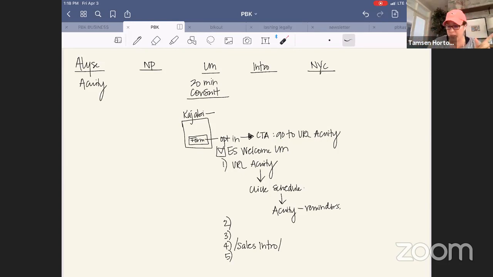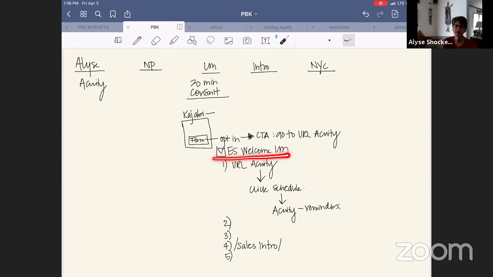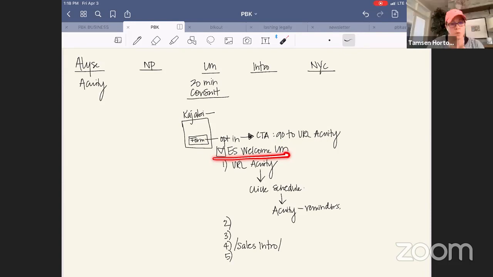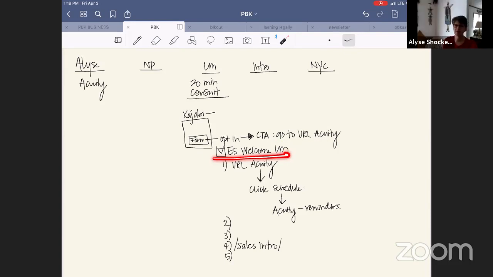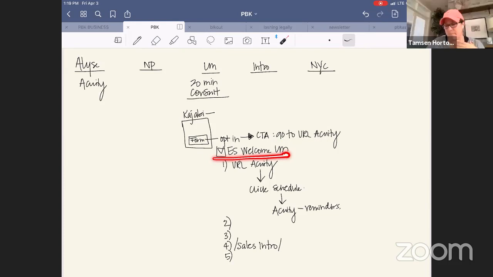Kajabi is also sending me, when that form was submitted, the automation is: when form is submitted, subscribe me to the welcome lead magnet sequence. Yeah, I don't think I have that connected that way. No, that's what you'd want to connect. Gotcha. I think right now it's just saying, hey, somebody submitted a form. Yep. No, that's where, as you think through, okay, my North Pole to New York City is they came in from the lead magnet.